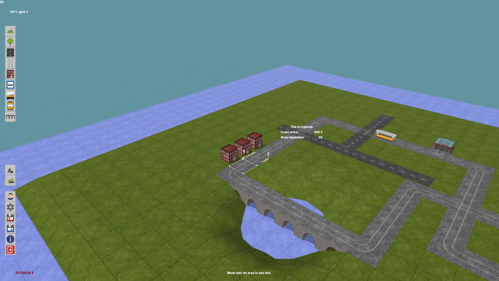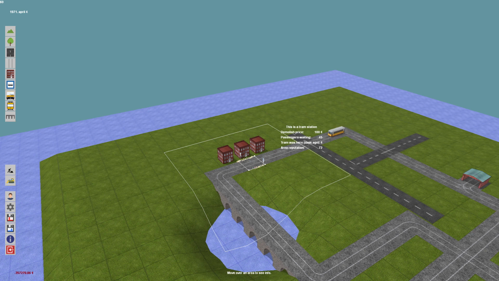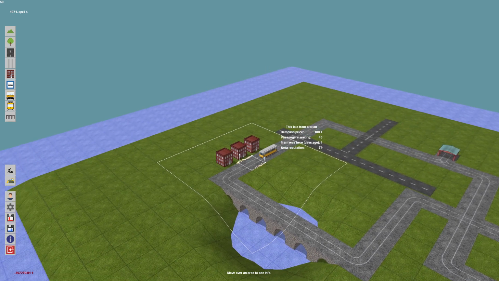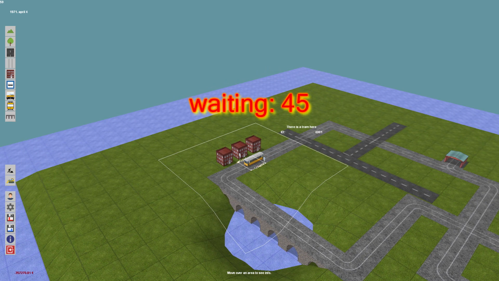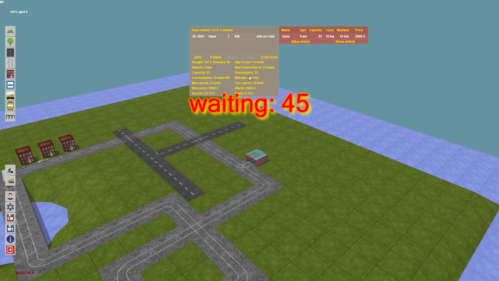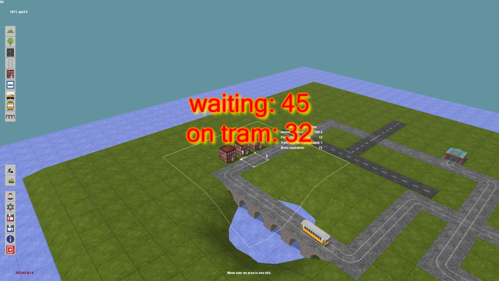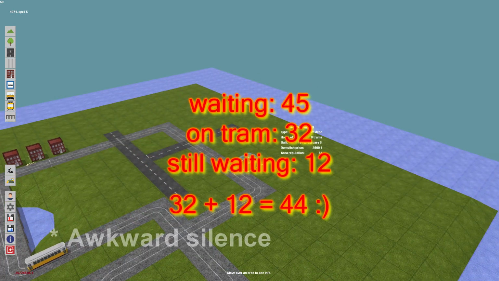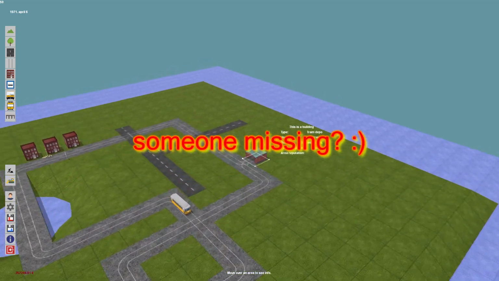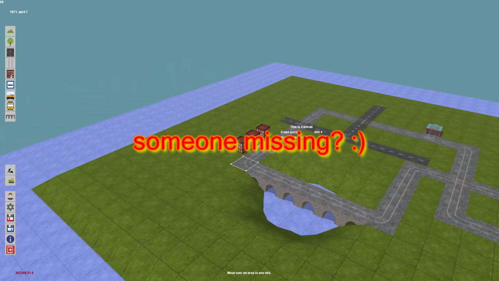So let's see how many passengers are here. The fact is that this is more than the tram can carry. So it was 45, and now it has 32 plus 12. Did I say 44 or 45? Maybe someone is missing, or